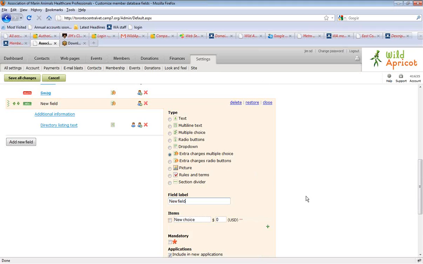Now, extra charges. This is if you want to sell some stuff. Let's say on the member application, they decide to join the gold level, which is $199. And in addition to that, you also may want to sell certain things, like a t-shirt or a hat, some swag like that. So you can create a field called extra charges multiple choice. So what will happen in this case is,